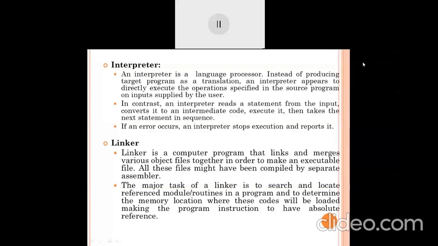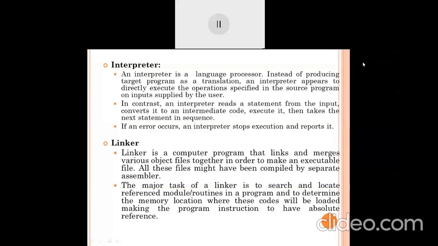But this does not happen when we execute code like C or C++. If we write code in C programming or C++ programming, it starts from your header file to the last closing brace, then it first compiles the code and then executes the code. But your interpreter works differently, it can execute single lines. If an error occurs, then the interpreter stops the execution and reports it. So that's the difference between an interpreter and a compiler.